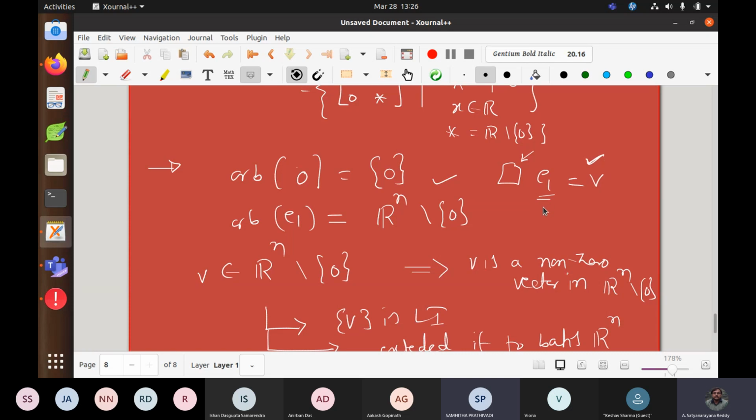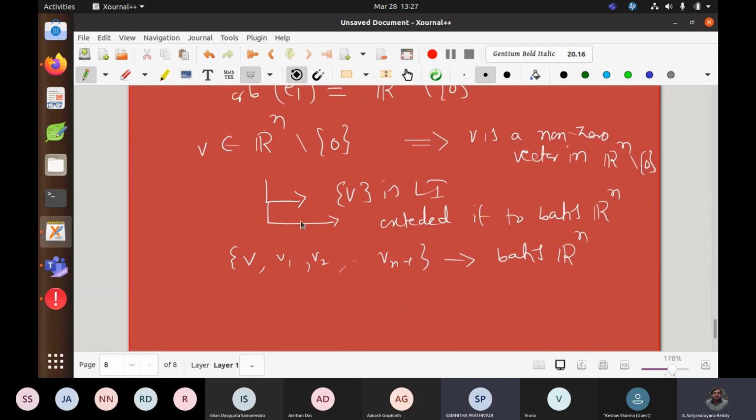So now the goal is to find, when I give V, since E1 is already fixed, because I'm finding the orbit of E1, a matrix such that when I multiply it with E1, it gives V. But you know that if I multiply any matrix with E1, it will give the first column. So that's why, since V is a non-zero vector, I took that as my first column.